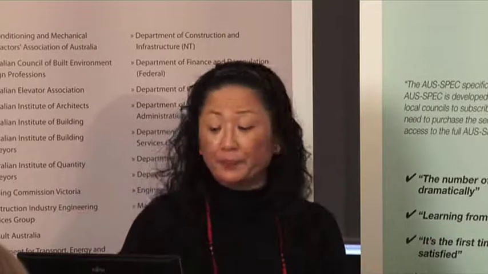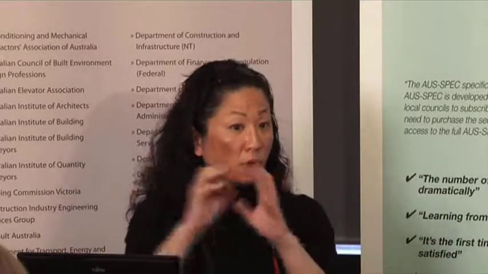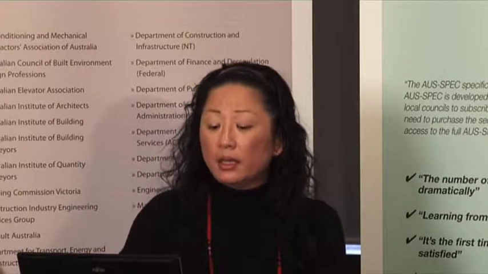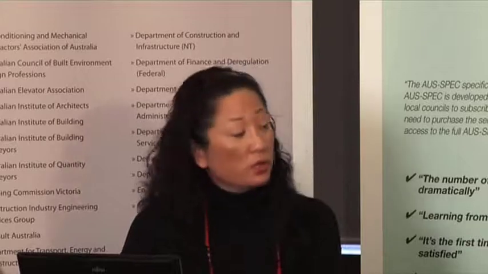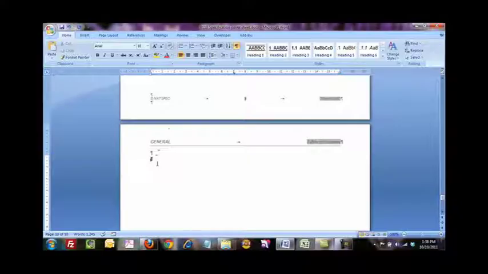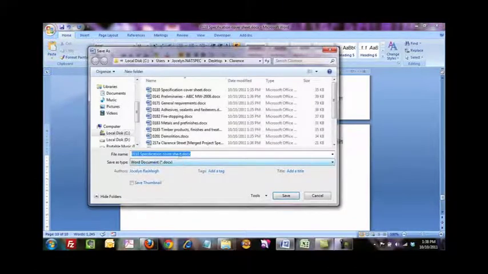Not everyone's going to want to have a fully merged document, especially if you're doing trade packaging. It's probably best if you keep them all in the individual work sections rather than merging them all into one, and then you can ignore the master document. You're just working on the individual files. But if you do need to merge it into one and create a cohesive document, and the master document feature is all just too hard, one thing that you can do in this new version of Word is put your cursor in, and I'm going to save that file as, and this makes a static file. It's not linked in any way to those subdocuments. So if I just call that, say, Clarence Tender,